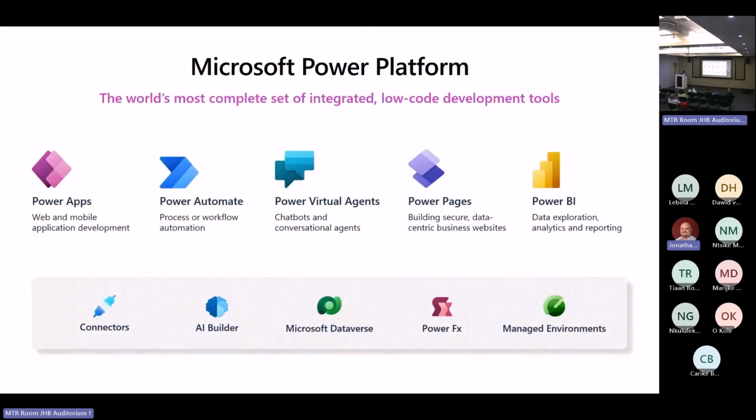Again, the famous Power Platform slide. We all know and love that there are 5 main products: Power Apps, Automate, PVA, Pages, and BI, as well as the supporting services like the connectors that we have, the AI models that we have access to with AI Builder, our app platform Dataverse, which is so much more than just a storage platform, and our low-code programming language, Power FX, which again is now at that 1.0 versioning. So there are some new features being added there that are bringing it closer to a traditional programming language, but for low-code devs, as well as managed environments for low-code